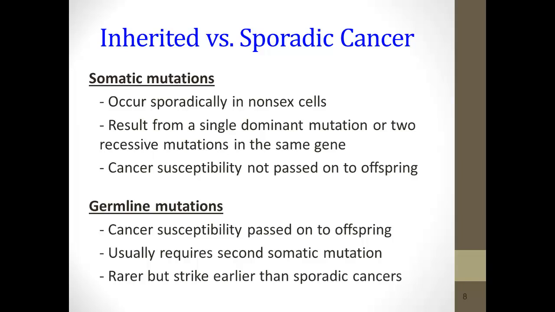There is inherited versus sporadic cancer. Somatic mutations occur sporadically. They result in a single dominant mutation or 2 recessive mutations of the same gene. This increases cancer susceptibility. There are germline mutations, and cancer susceptibility is passed on to the offspring, and it requires generally more than 1 somatic mutation to occur. It's rare,